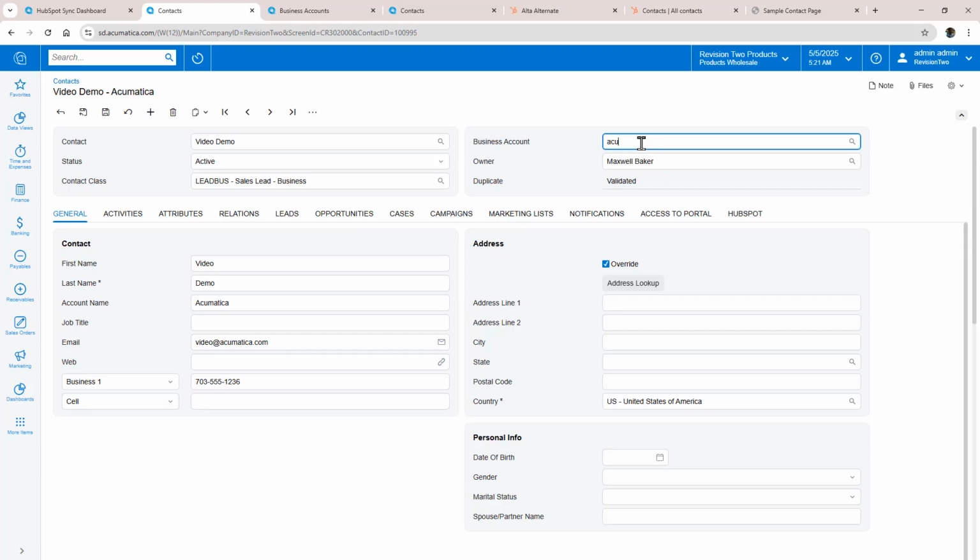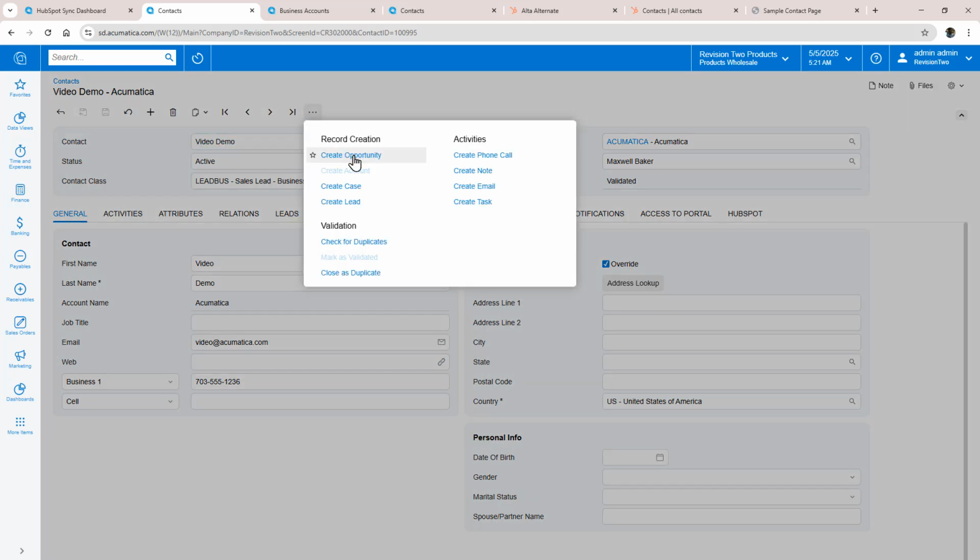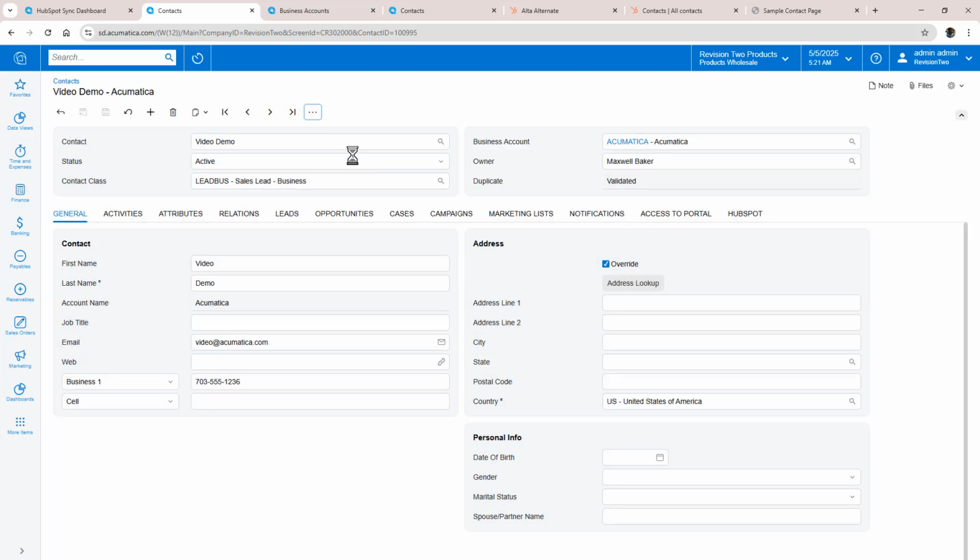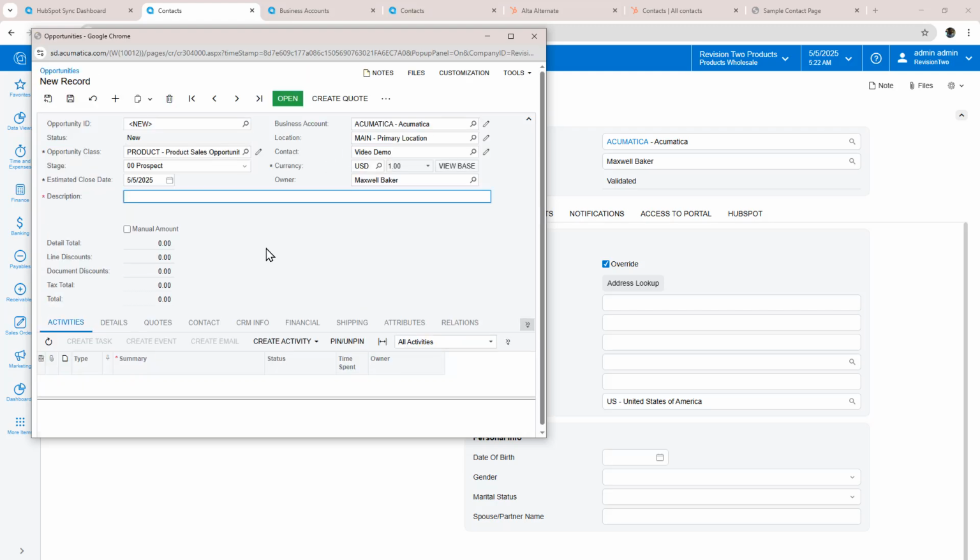Once my contact's been created, I can assign it a business account. I could do a new one if I wanted. In this case, I'm just going to find an existing customer called Acumatica and link my contact to that business account. So the next step in the sales process is for the salesperson to create an opportunity, work the opportunity,